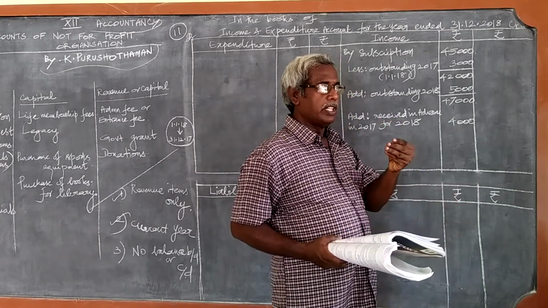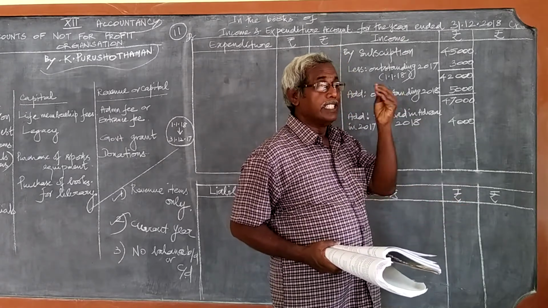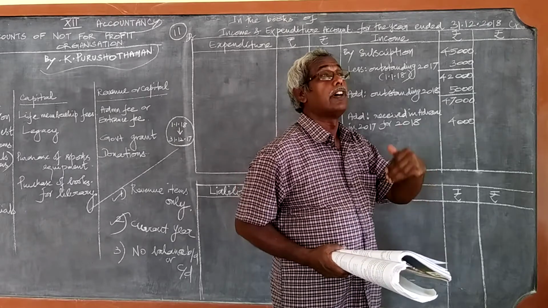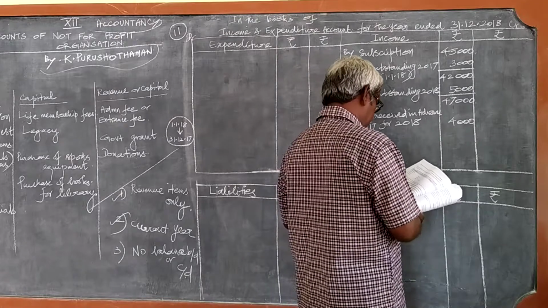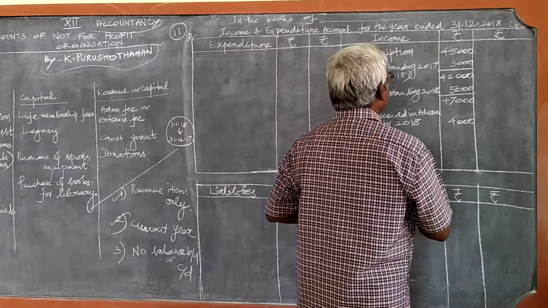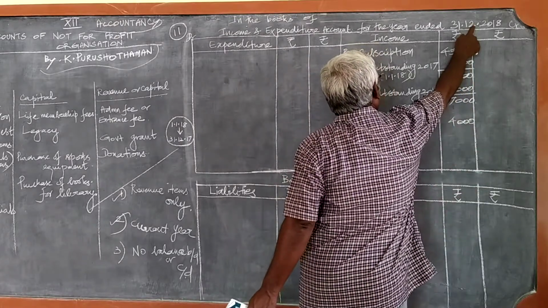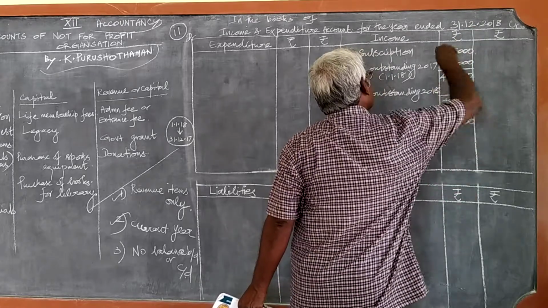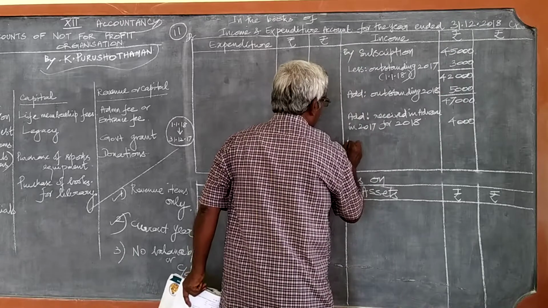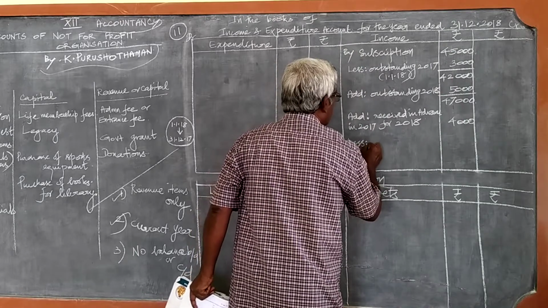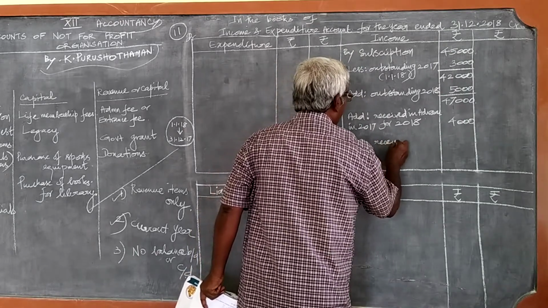If the subscription is received in advance in 18 it is for the coming year 19. So it is not connected with this year, therefore you minus it, less